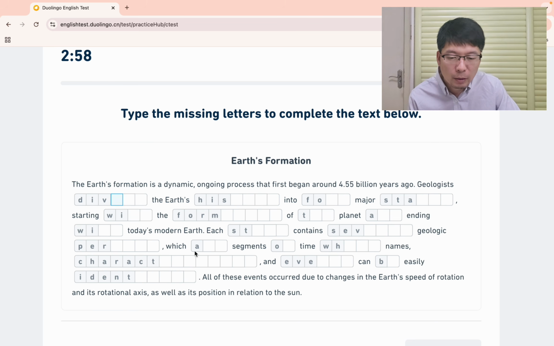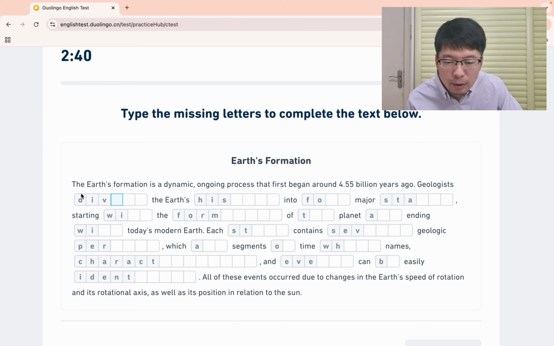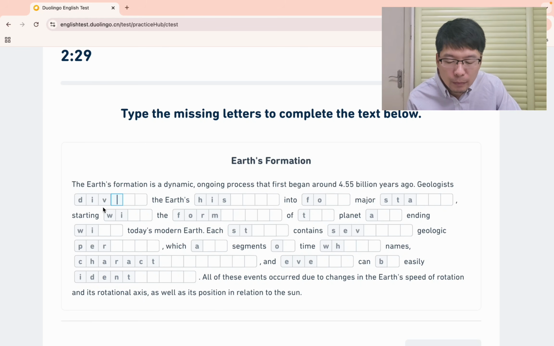So before you fill the blanks, you need to read carefully the title and the first sentence of the passage to know the context, to help you find the correct word and forms. Okay, so the title is Earth's Formation. The Earth's formation is a dynamic, ongoing process that first began around 4.55 billion years ago. Geologists divide the Earth's history into